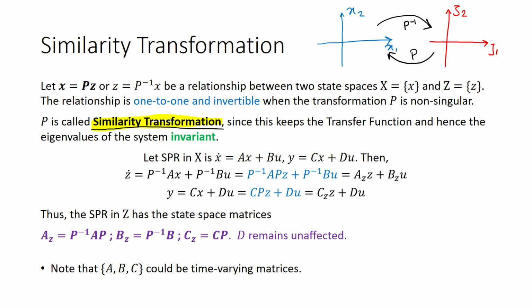That is an important concept, and the formulas can be derived very easily, and one has to remember these formulas also. These are very basic in state space realizations. So going ahead,